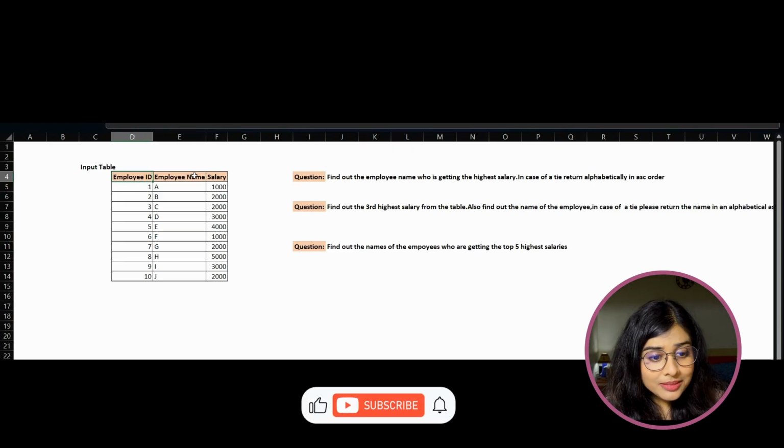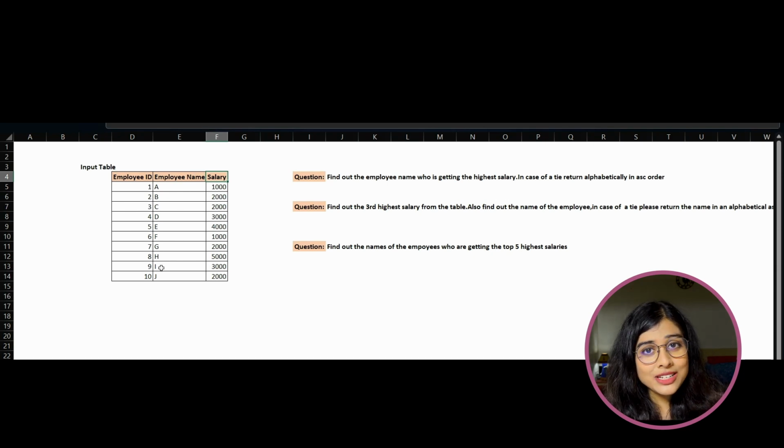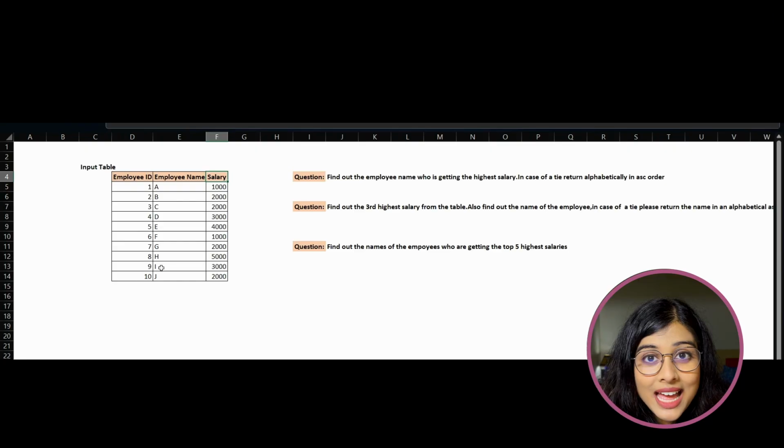So yeah, if you look at the problem here on the screen, we have a table which consists of employee ID, employee name and salary. Now, I believe this is one of the most commonly asked interview questions in any of the data roles. You're either asked to return the top ranked employee who's getting the highest salary, or maybe vice versa, the lowest salary, or we are asked to return the top 5 salaries, or top 6 employees who are getting the highest salaries. Or we are asked, let's say, what is the third highest salary? So we are going to uncover here when to use what and what is the purpose of each of these